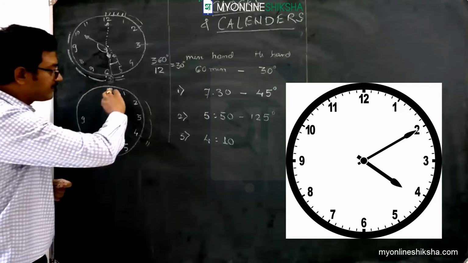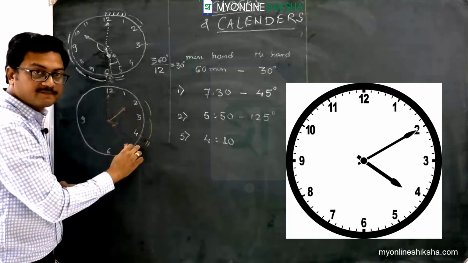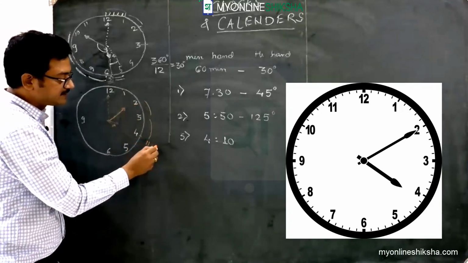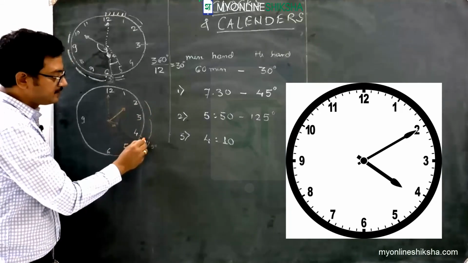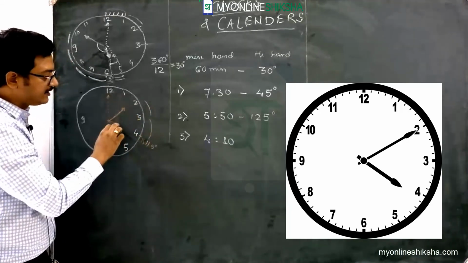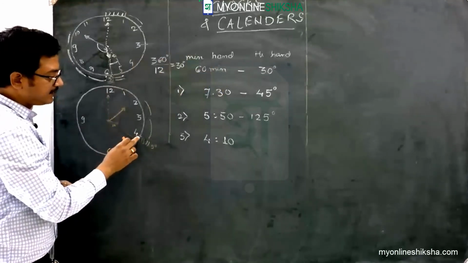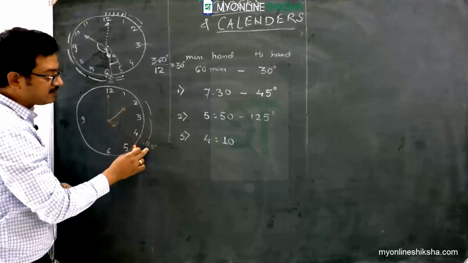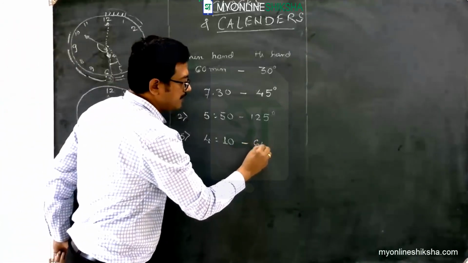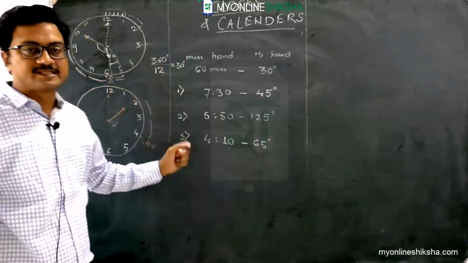Now when minute hand travels 10 minutes, hour hand travels 5 degrees. So obviously this 30, 60 and this 5 degrees. As per this ratio, when minute hand has travelled 10 minutes, hour hand will travel 5 degrees. So this 30, this 60 and 5, so angle should be 65 degrees. Now there is one more method to find out all these values. I have given you just the fastest way to get it.